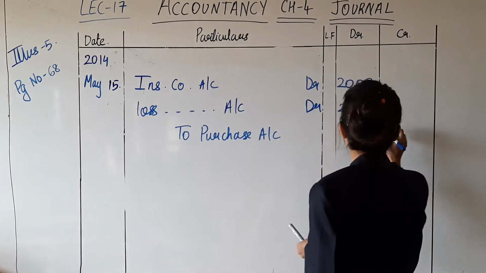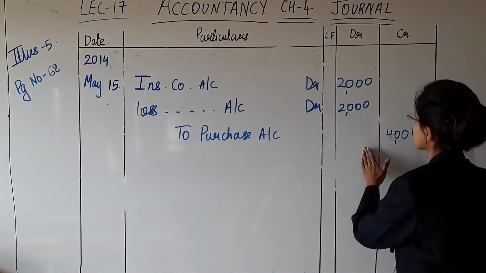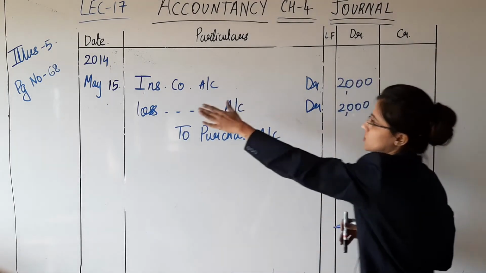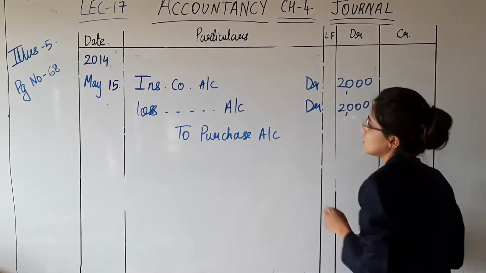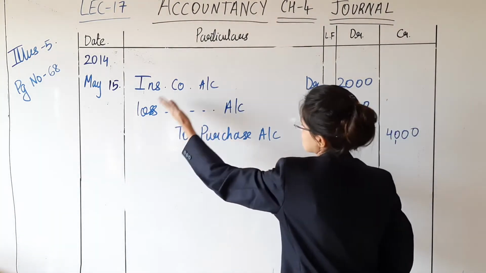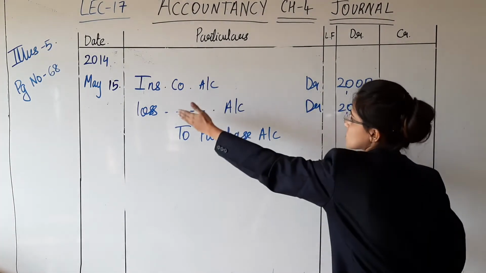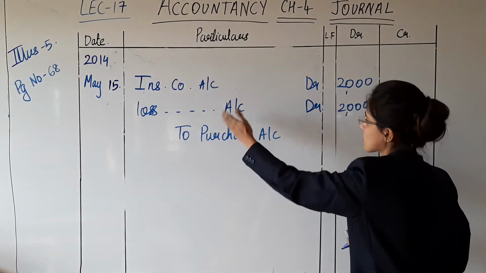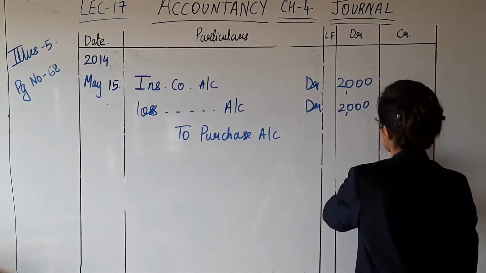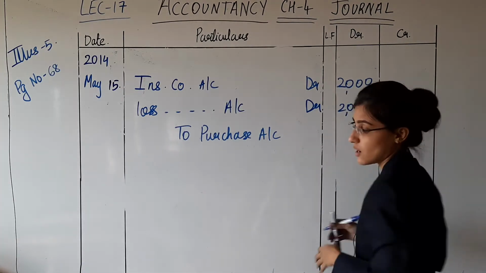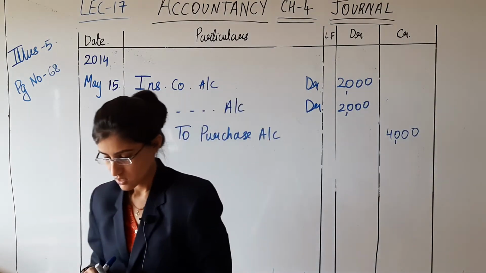So total goods going out of the business 4,000, of which the insurance company will give 2,000. The insurance company becomes my debtor, hence insurance company has been debited. Loss is always debited as per the rule of nominal account. So loss on sinking of a steamer account debit 2,000, to purchase account 4,000. Amount debited is equal to amount credited. Fine. Next then,